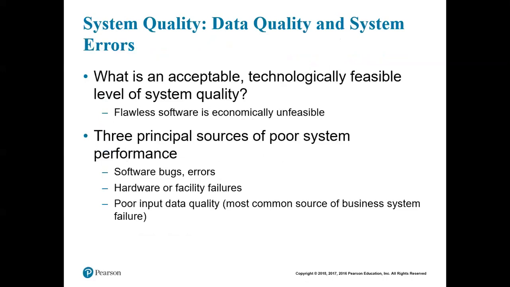What's an acceptable level of system quality? Well, it depends on who you talk to. With Apple and their operating systems, they don't accept any flaws. They release an operating system once a year in October, and that's it. If you look at Microsoft, who has a broader customer base, who really has to release operating systems timely to keep up with need, can't release flawless software.